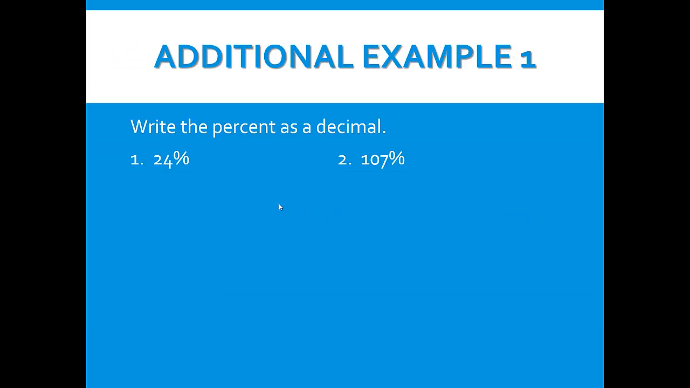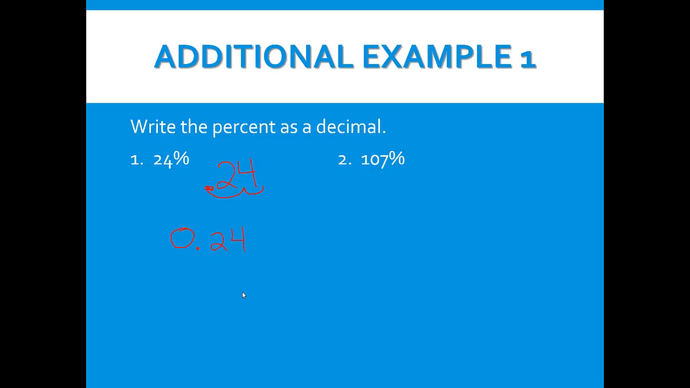Now we're going to look at an additional example. You can either pause the video and try it on your own, or you may follow along. We're going to write the percent as a decimal. We have, for number 1, 24%. So first we're going to start out by writing 24. We're going to take our decimal, which would be at the end, and move it up 2 places to the left. So there's 1, 2. So now it's in front of the 2. So my answer would be 0.24